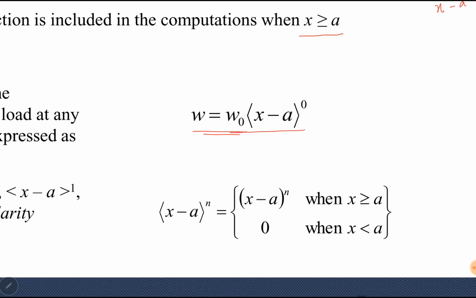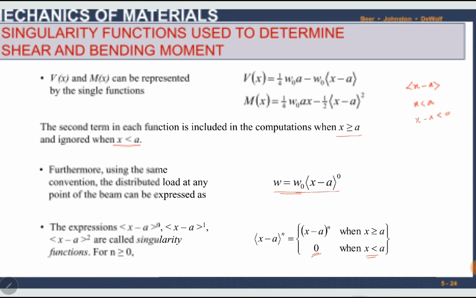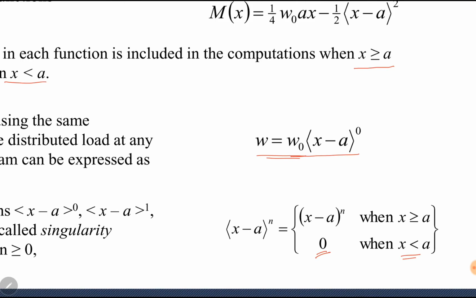The singularity function x minus a power n will be equal to x minus a power n in a normal parenthesis, when x is greater than or equal to a. If x is less than a, anything inside this bracket will be neglected, will be equal to 0. Okay. So remember that whenever we solve,